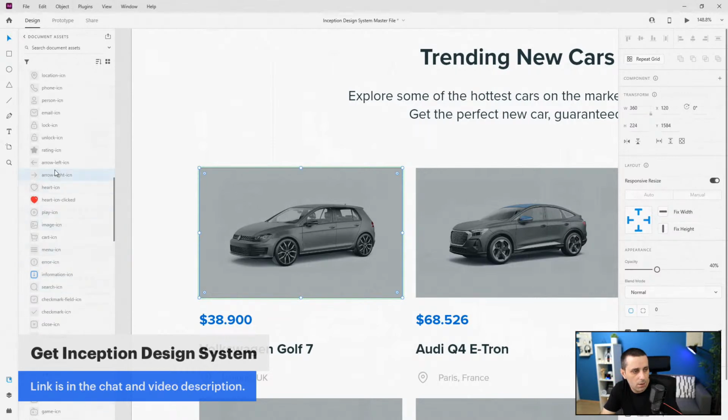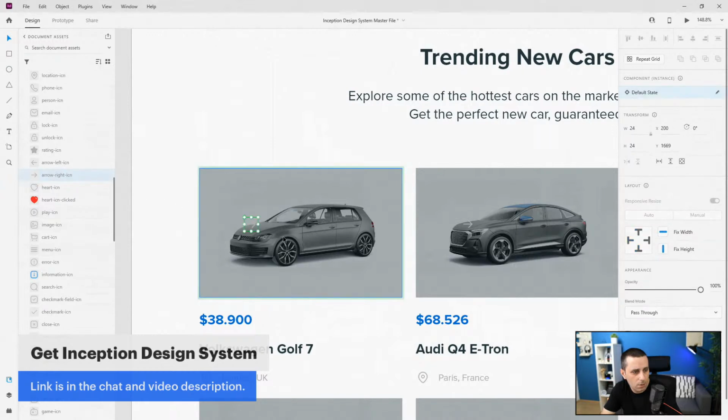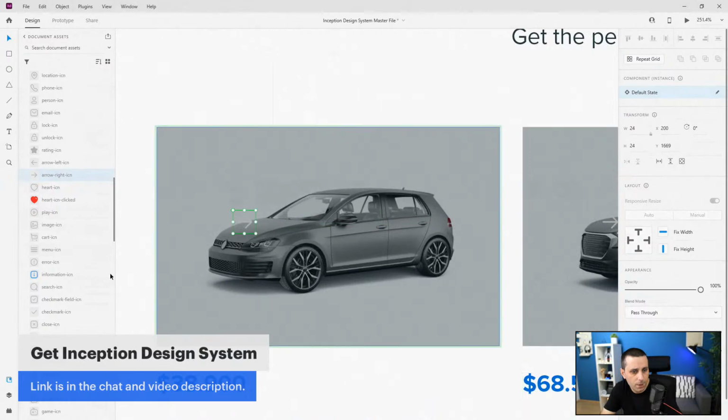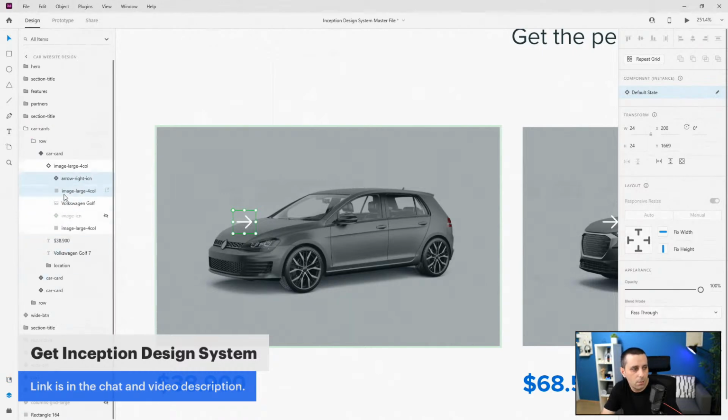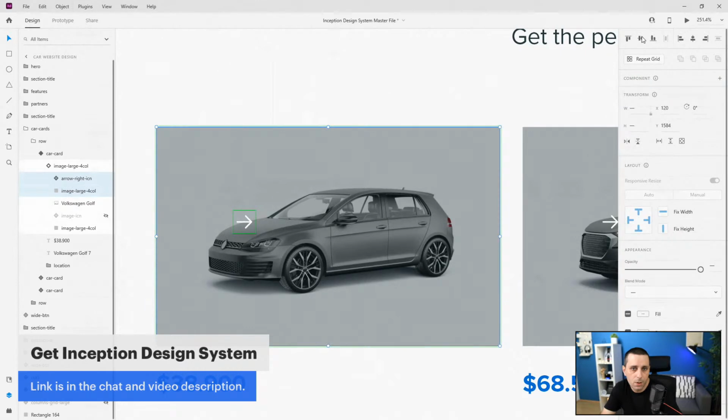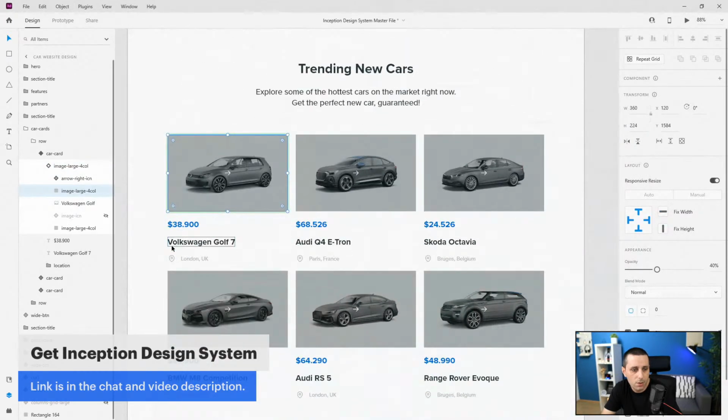So maybe the right arrow icon can jump inside. I can place it. There we go. And instead of this color, I can select a white color, apply border color. There we go. Back to the layers panel, select these two. Make sure it's in the center, like so. There we go. And perhaps I can bring this a bit closer, and you can see because this is a